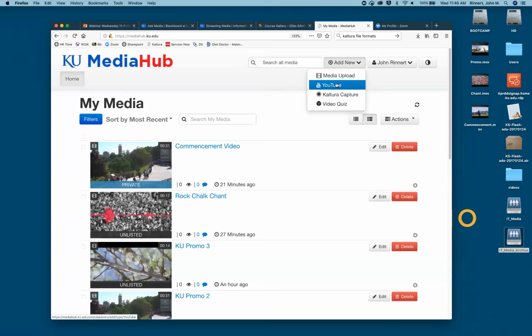If you have other assets on a web page or that you're delivering to someone, it's going to make those all look the same. You're not going to have some videos in one player and other videos in another. So it's not a super useful tool. If someone takes a video down from YouTube that you added that way, it won't work. So it is basically just putting the player around YouTube.